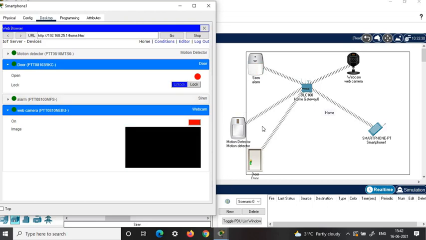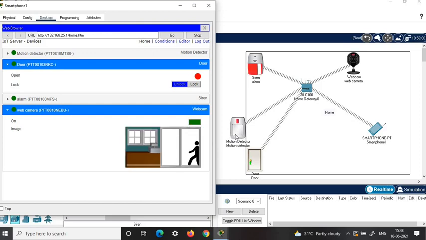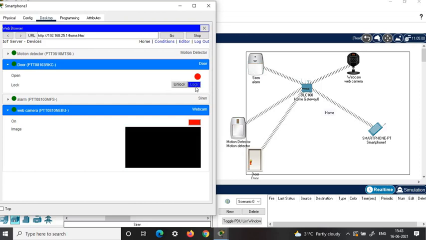When there is no one present in front of the motion detector, that is, when there is no one at the doorstep, there is no siren, no alarming sound and the web camera is also off. When someone is present at the doorstep, the siren will be on. We can look at the smartphone to see who is present through the web camera and we can either close the door or open the door by using this lock and unlock. If there is no one present at the doorstep, the motion detector is off, the siren is off, the web camera is off. This is how a simple and smart security alert system or a theft alert system is designed